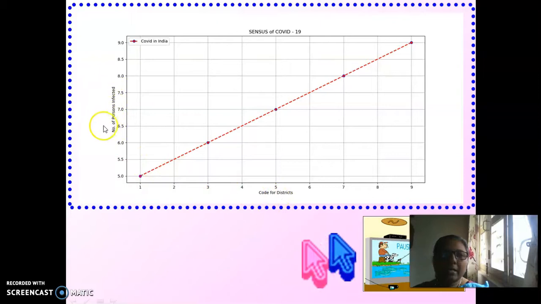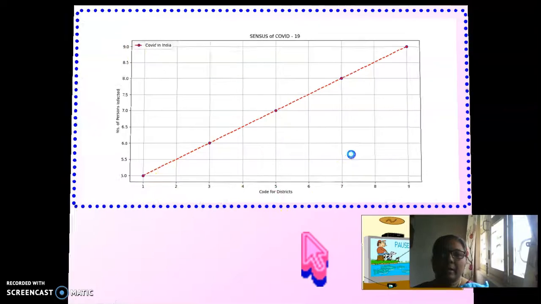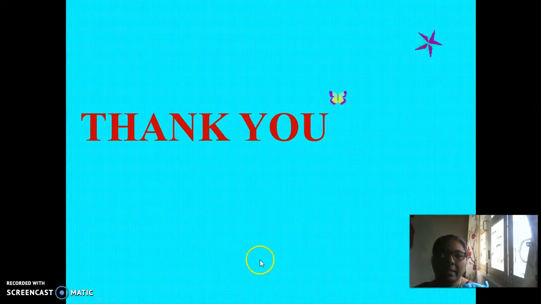The y-axis heading is number of persons infected. Then this is called the legend. Legend means the marker point, the edge color of the marker is blue, and the inside filled color is red. Line color is red. Understood? So we have decorated our chart to be represented like this.